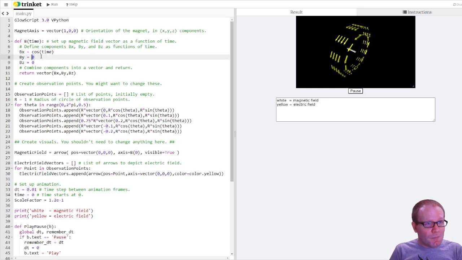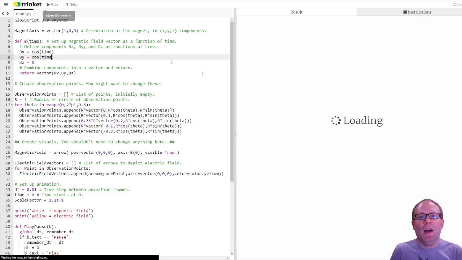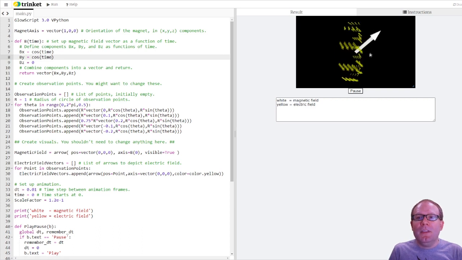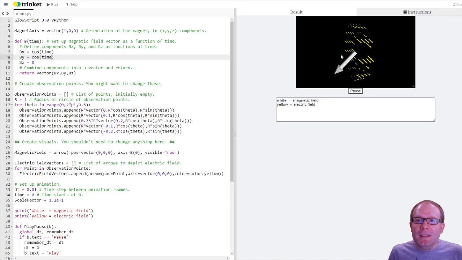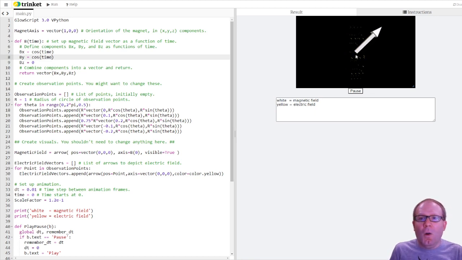For example, let's suppose I wanted to add a y component to the magnetic field. Let's suppose I just repeat cosine of time here, right? So I have cosine of time in the x, cosine of time in the y. Let's look at the magnetic field first. What it means is that the x component is always equal to the y component, right? So it's always going to point at a 45-degree angle either this way into quadrant 1 or down this way